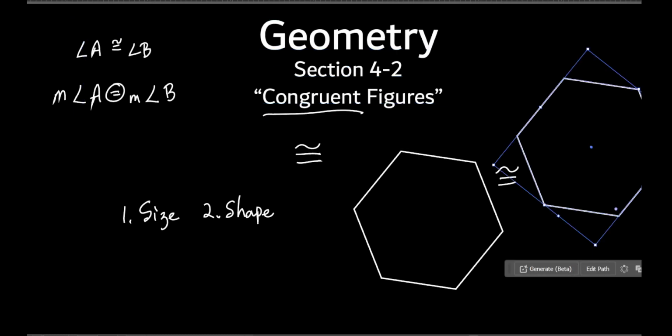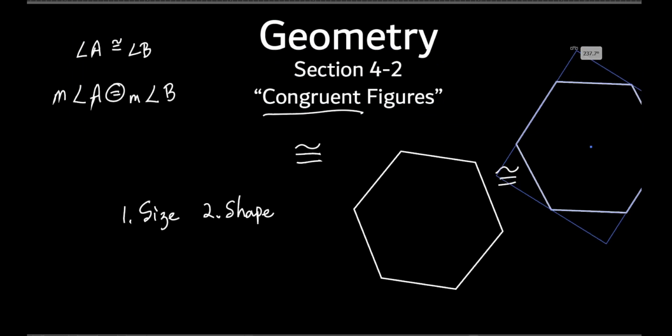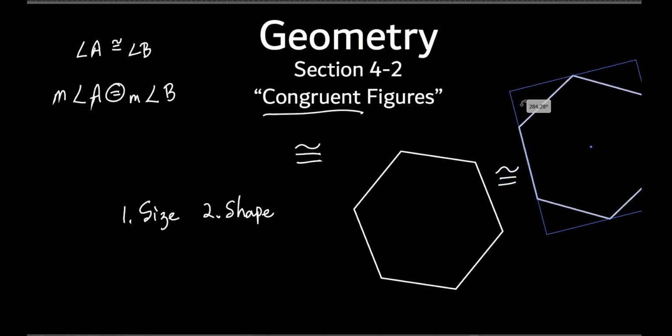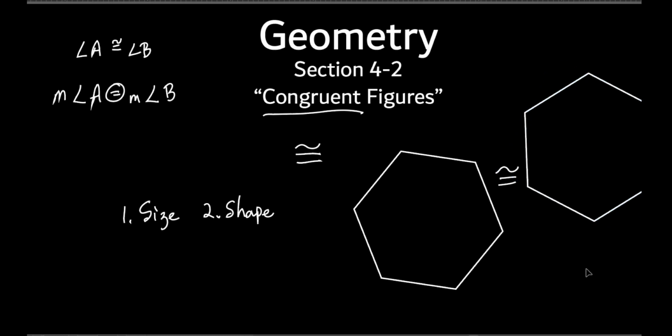Let's do this. What if I did this and just rotated it a little bit like that? Are they still congruent figures? Sure, because I could pick this up and put it here. I'd have to do a little twisting, a little turning of it, but I don't have to make it bigger, I don't have to make it smaller, and I don't have to change the shape of it. These are still congruent figures. Make sense? We're basically, especially in this chapter, going to stick with not just any congruent figure, but one